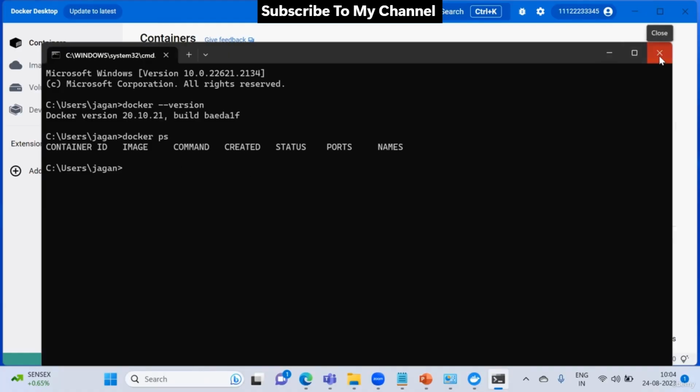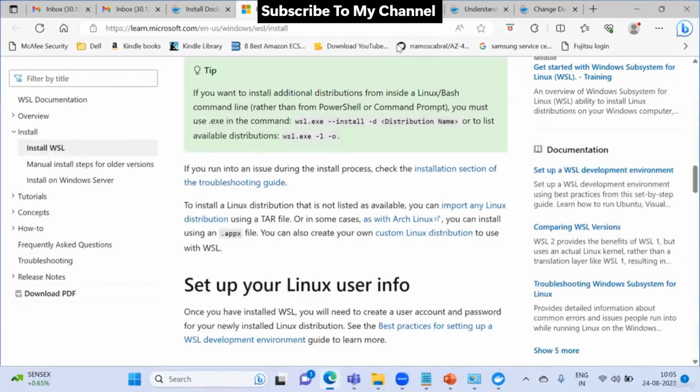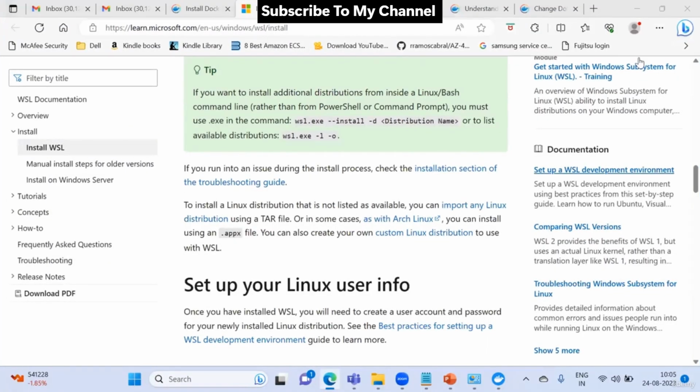So it is up actually. See here, this color has become green, which means your Docker Desktop is up. Once you install this, you can run your Docker Desktop on your Windows. For Linux, if Windows is not working, what you can do is install Docker Desktop with Linux. So to install your Docker Desktop in Linux,